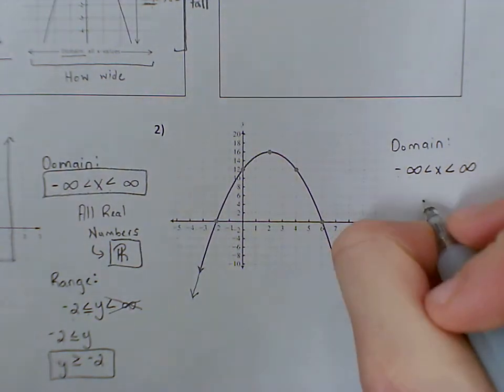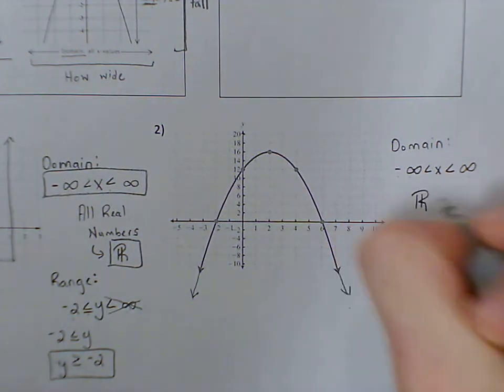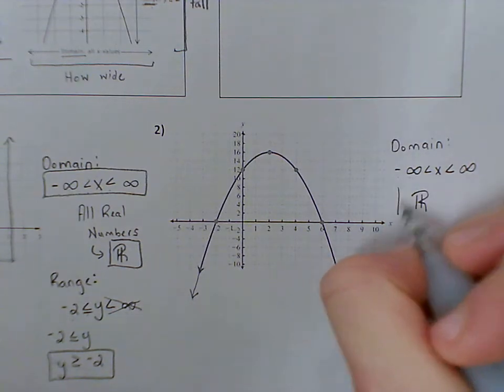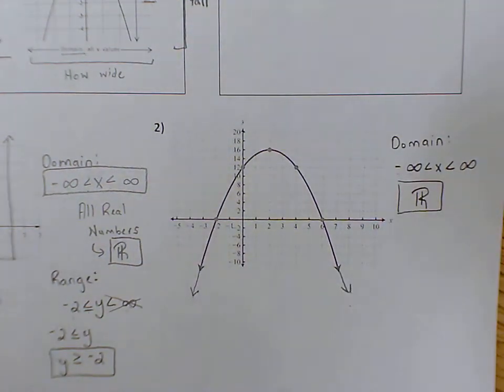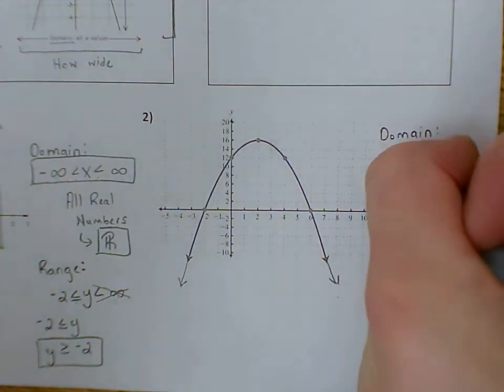Okay, and the other way to write that is, when it goes all the way from negative infinity to infinity, you could put the symbol for all real numbers. So that's my domain. My range,